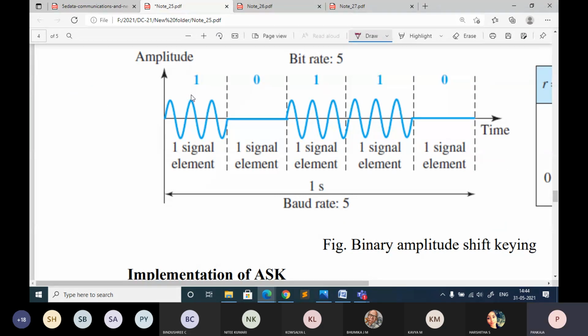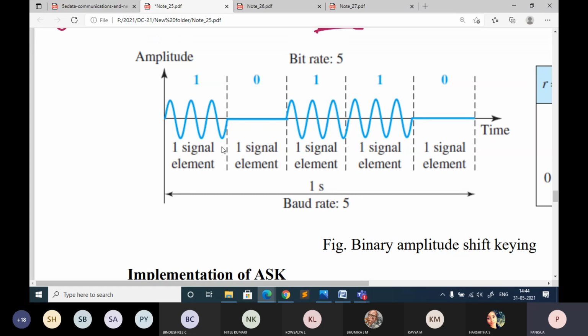If not for all, at least for specifying the intervals, you have to use the scale. Then only the diagram looks better. Otherwise, you will be representing intervals with a different width, so that indicates that the intervals are not the same. Okay, so just take care when you are drawing the diagram.